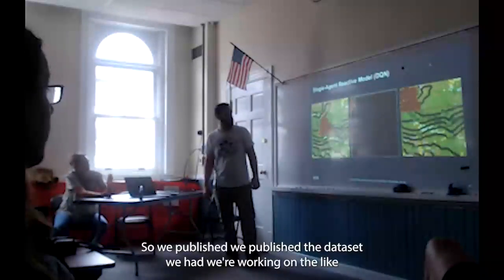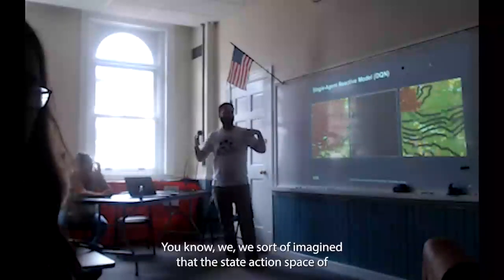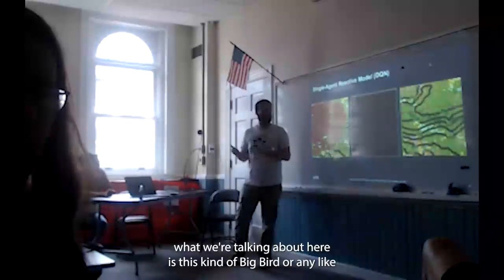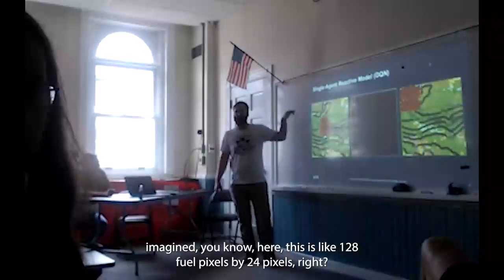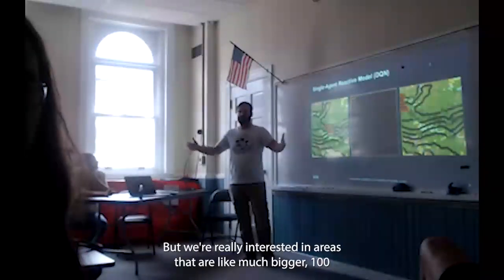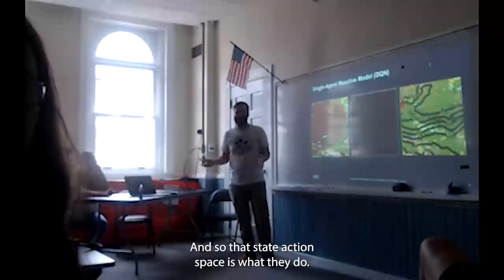Yeah, so we published the data set. We're working on the scaling experiment. We imagine that the state action space of what we're talking about here is kind of big. Here, this is like 128 fuel pixels by 128 fuel pixels. It's like a kilometer on a side, but we're really interested in areas that are much bigger, 100 miles on a side. And so that state action space is...